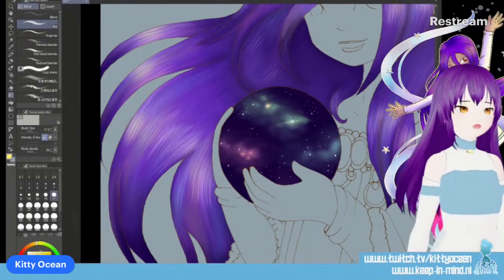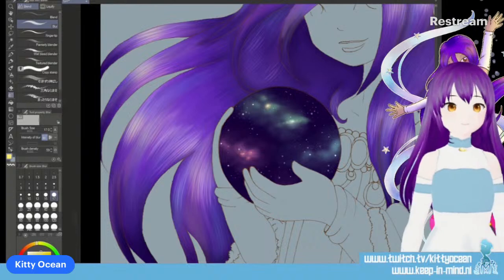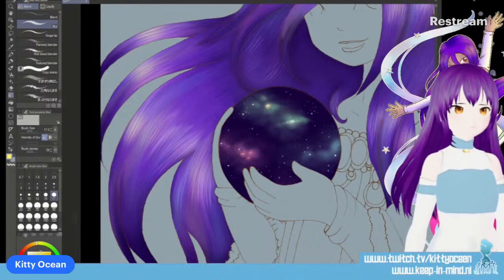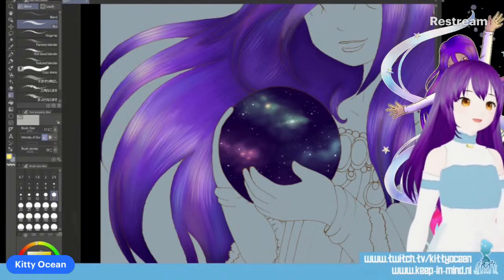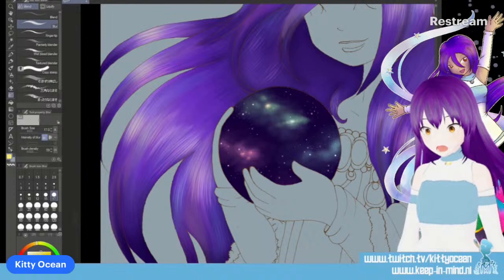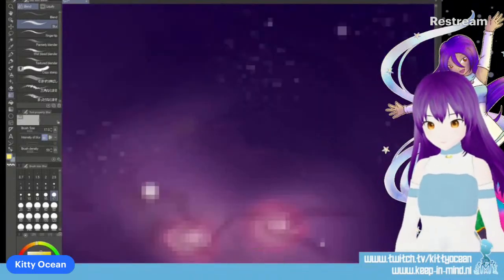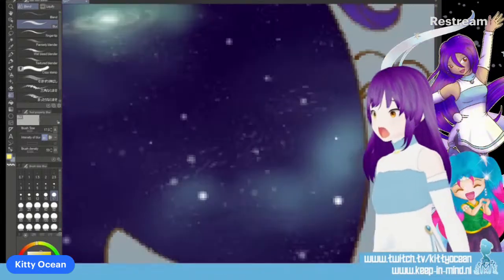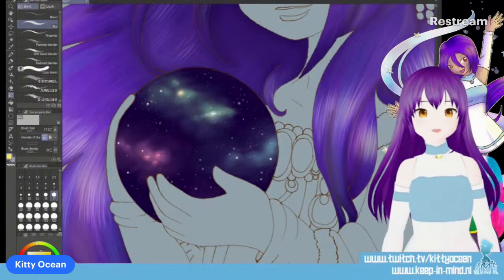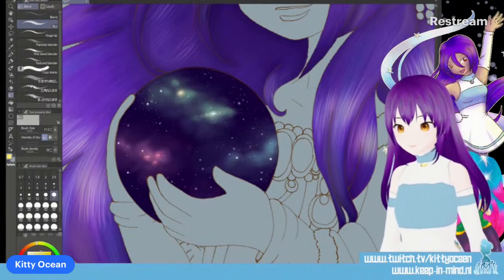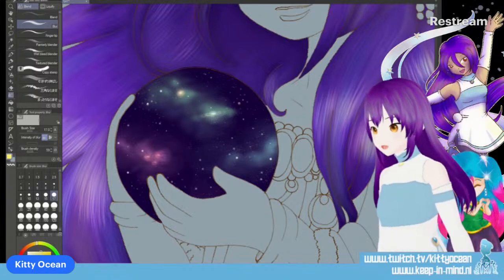I'm gonna create another galaxy. Yep, this one was still unused. I'm probably gonna add a little bit of texture over the whole sphere because it's still, well, quite empty. How did I create that galaxy?